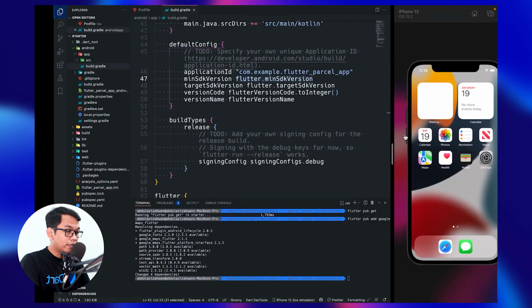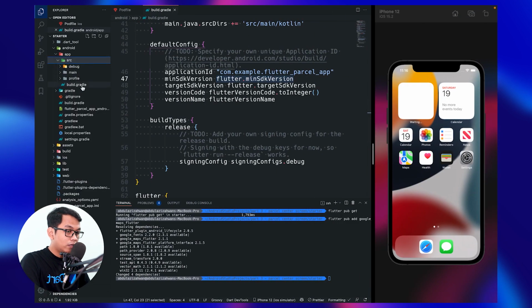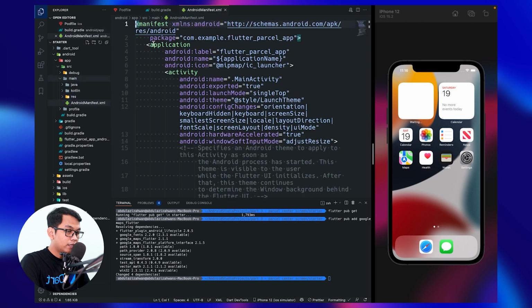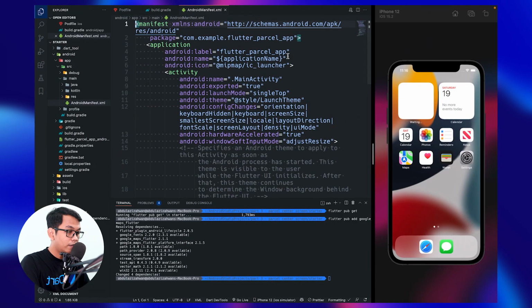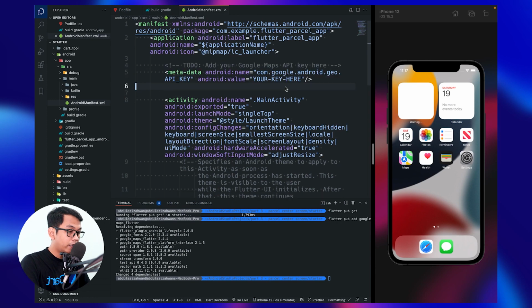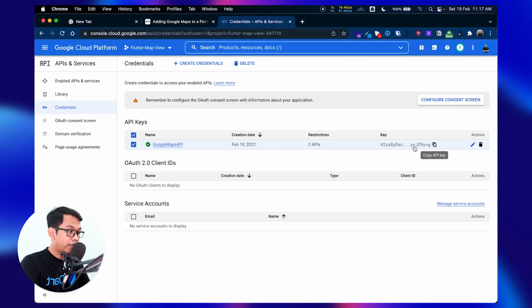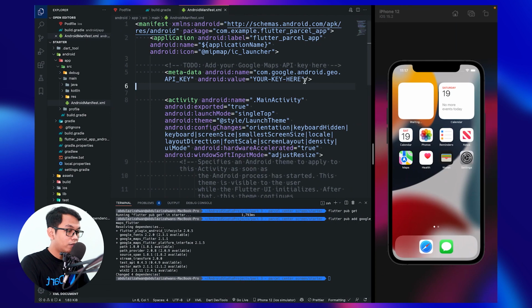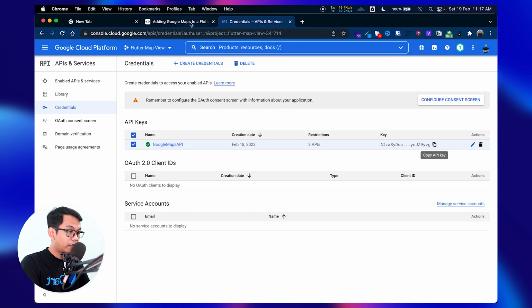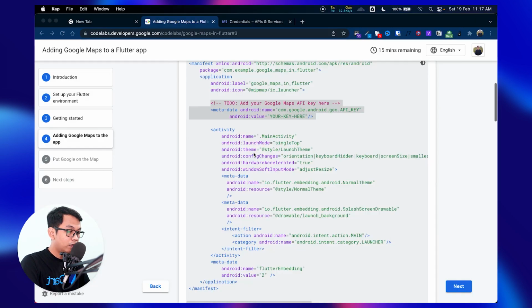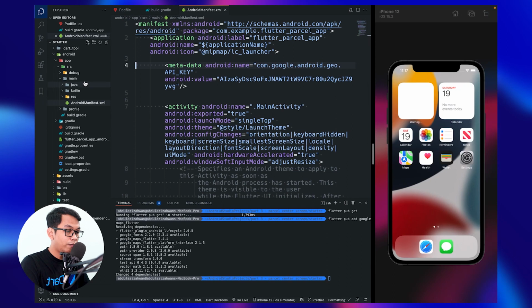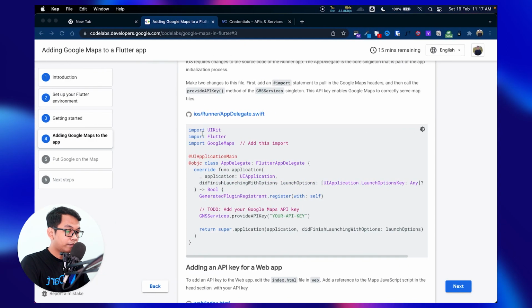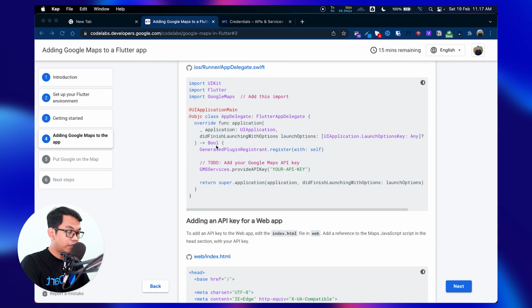Looks like this. Go to src and the Android manifest, and we just need to copy this below, and replace the API key with your own, paste here. Then on iOS, we need to go to the app delegate, which is ios/Runner/AppDelegate.swift, inside our bool statement.